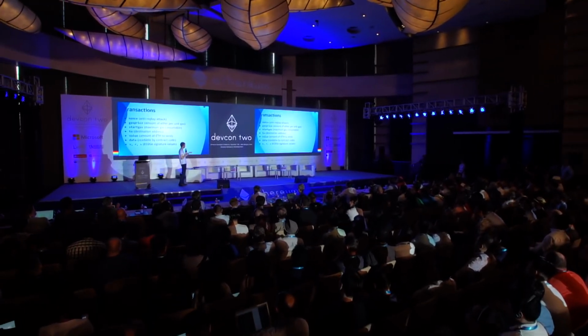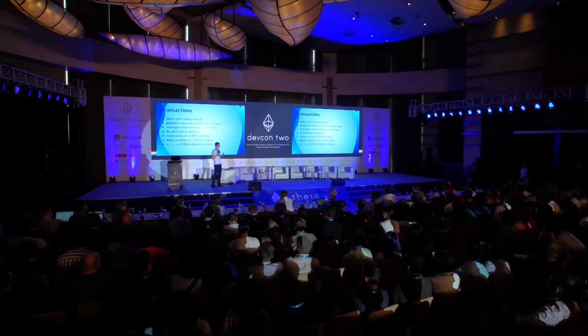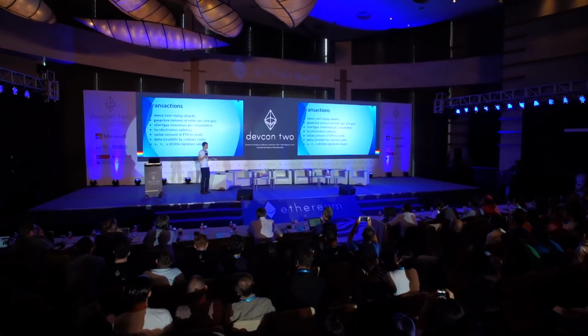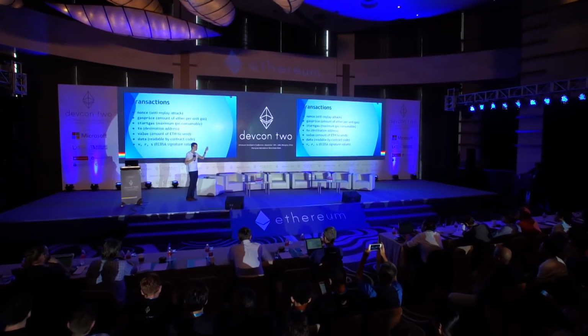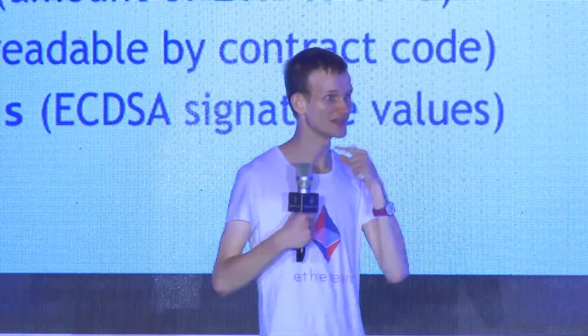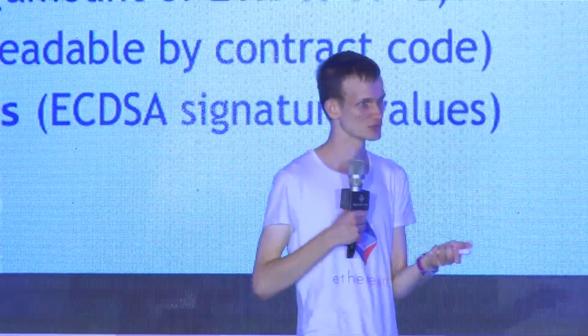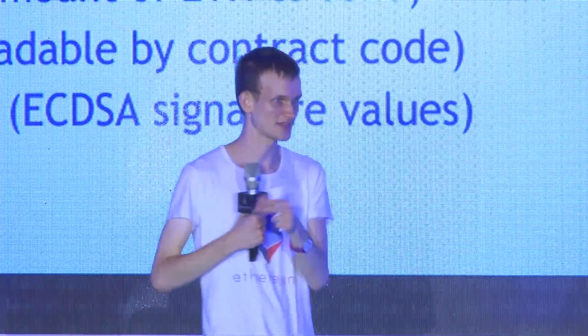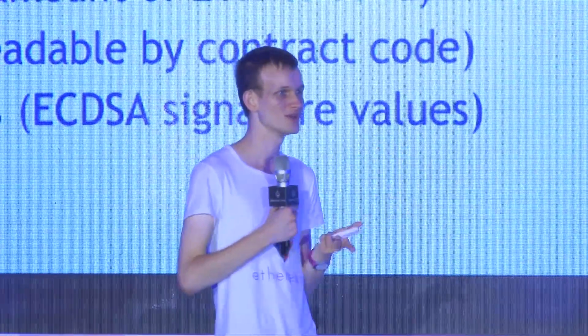Transactions, 7 parameters. Nonce, so basically prevents replay attacks. For example, if I send you 10 units of Ether, then what stops you from taking my transaction and including it in a block 10 times to try and drain 10 Ether from my account over and over again? The answer is every transaction has to include a unique number, and once a transaction with a particular nonce is processed, the nonce in the state goes up, and if it tries to verify the second transaction, the nonce mismatches now, and so the second time around you can't include it anymore.